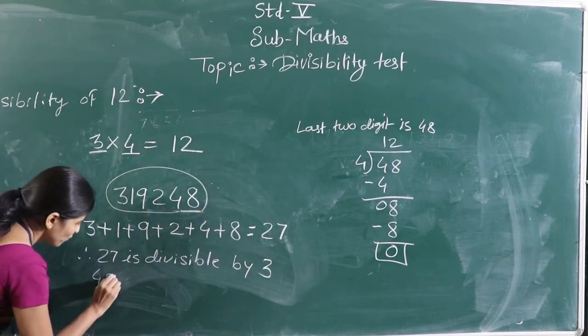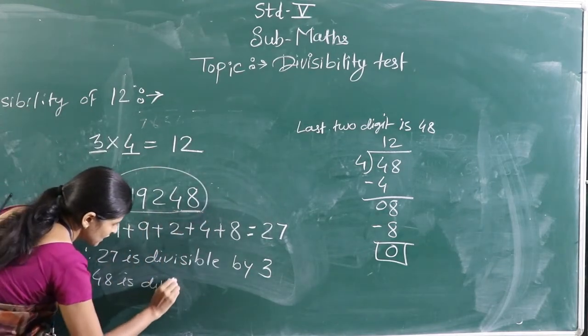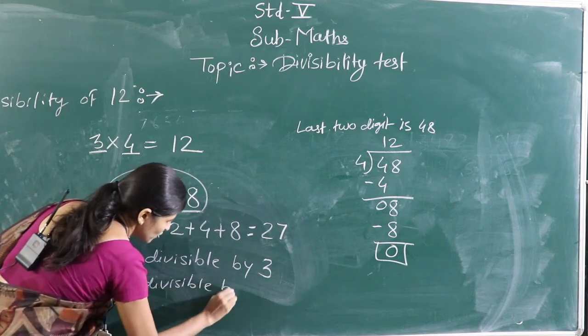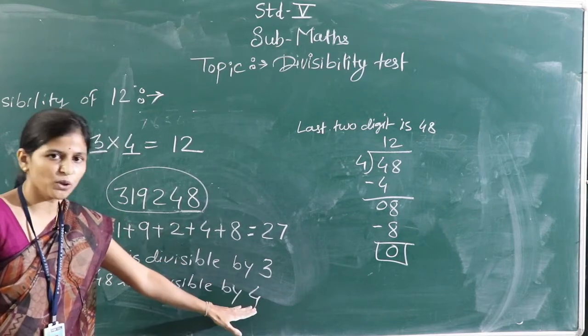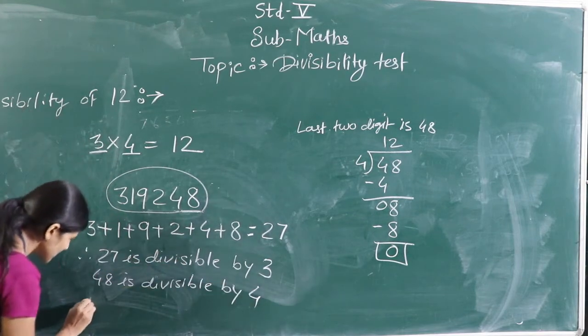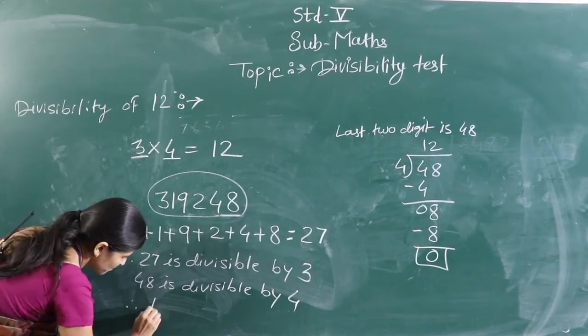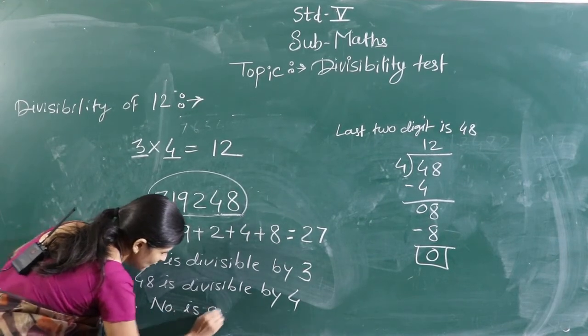We write here 48 is divisible by 4. Now the number is divisible by both 3 and 4. That means therefore the number is divisible by 12. Number is divisible by